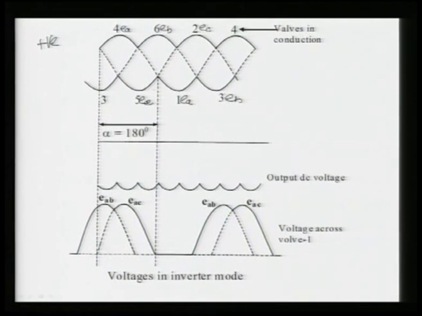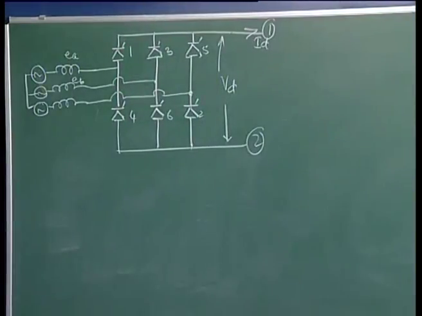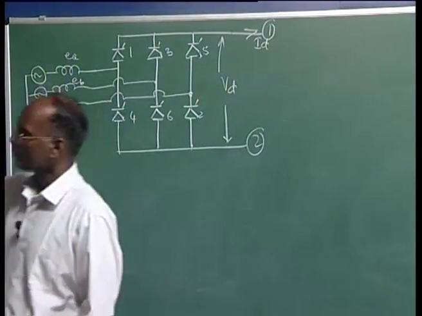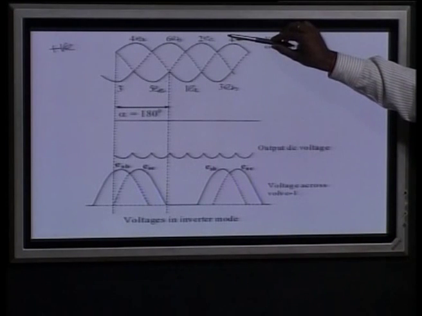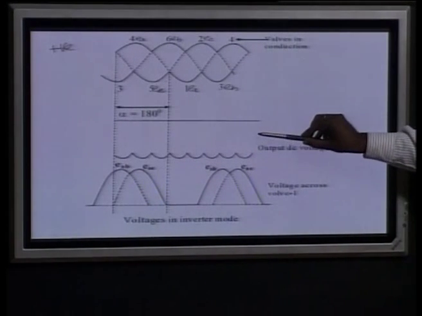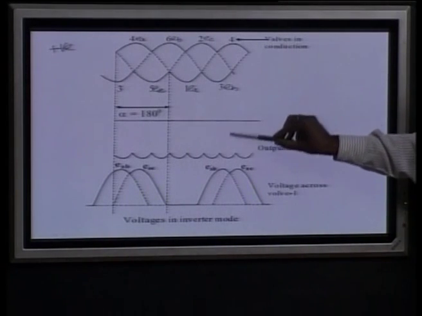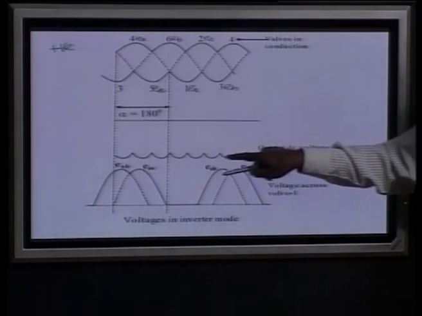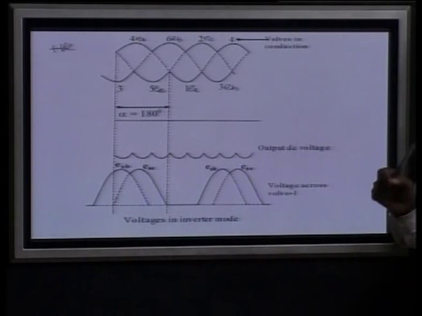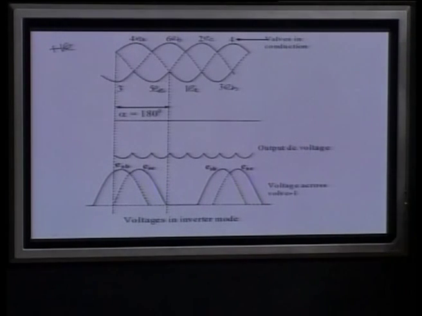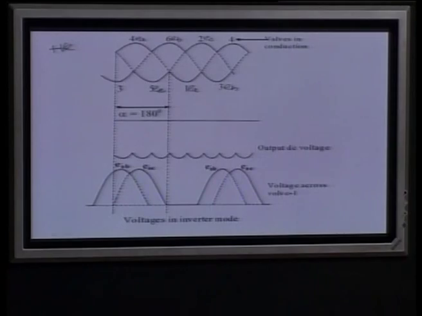And the top voltage minus the bottom voltage will be your output voltage. Now, from this phasor diagram, if you subtract this minus this, you are going to get this voltage. You can see this is your axis, here we are getting the line to line voltage, that is the 6 pulses coming in one cycle, and this is the negative voltage, meaning this terminal becomes negative, this terminal becomes positive and so on. So, this is the concept of the negative voltage.